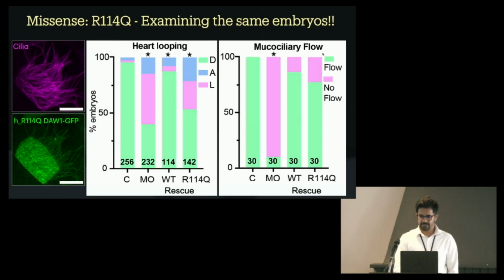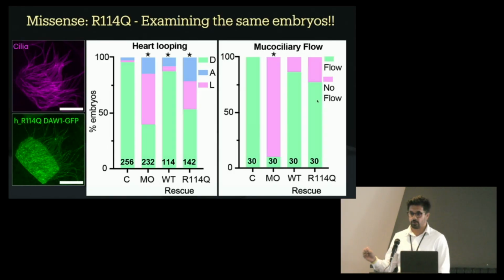Now, we are going to take the same embryos and look at the flow of the multiciliated cells. And so here is the mucociliary flow. Here again, all control embryos had complete flow. When you knock out DAW1, you get 85% of the embryos that do not have flow. When you inject the wild-type RNA of the human DAW1, you get a complete rescue of flow, almost 80 to 85%. And when you inject the missense mutation, which is not functional in cardiac looping, in the same embryos, it can